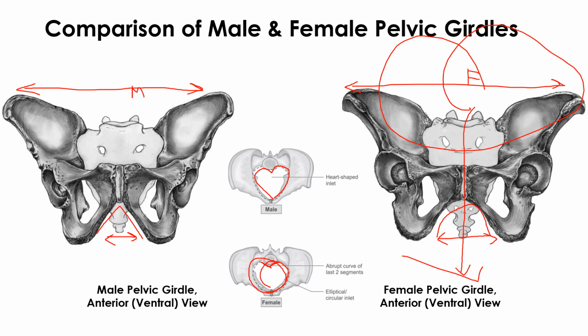Coming to the acetabulum, this is the acetabulum region, where our femur will get settled. It's a round bone, so you can see there is quite a difference. The acetabulum is larger in males, with a diameter of 52 mm, and for females it is smaller, at 46 mm. So these are the differences between the pelvic girdles of male and female.